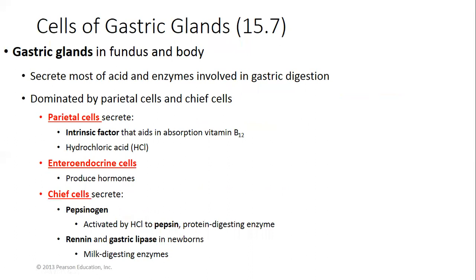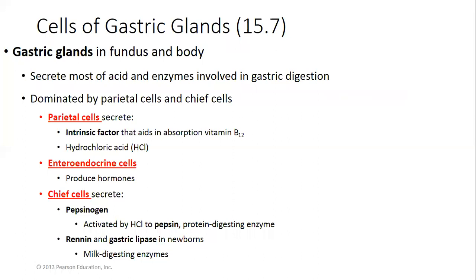Within the glands of the stomach, so these glands in the fundus and the body of the stomach, the upper curvature and the large portion of the stomach, mostly secrete acid and enzymes that can continue to digest food. But there's 3 different types of cells. There's parietal cells that secrete a factor called intrinsic factor that's necessary to absorb vitamin B12. But these parietal cells also secrete the stomach acid, so hydrochloric acid, really, really important cells that help digest and